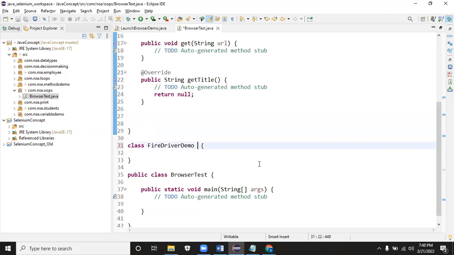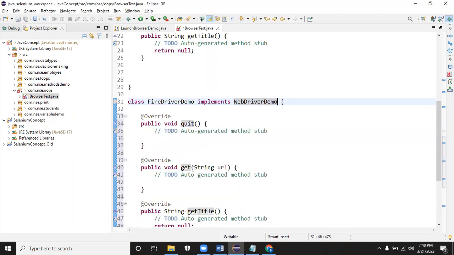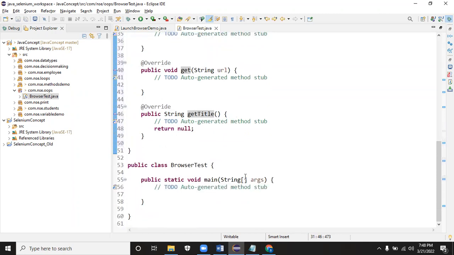And the logic will be applicable for all the browser classes. Again, I will be implementing it. You can see the definition is going to be available for doing cross-browser testing. So what we need to do here is, if I do ChromeDriver equal to